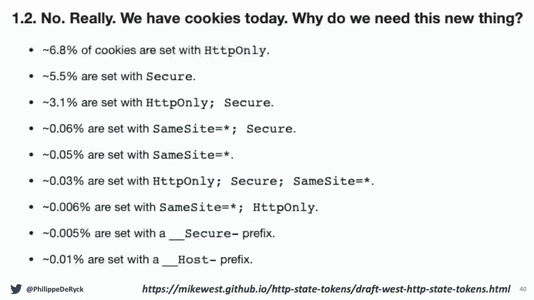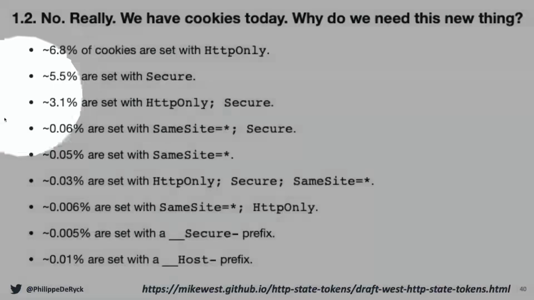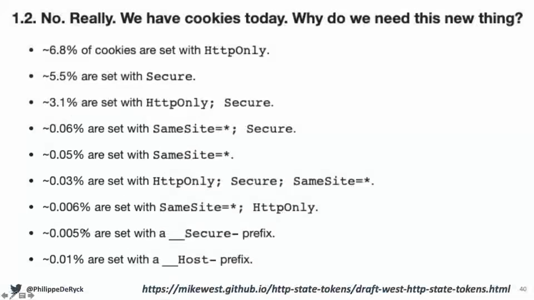Here's some data from Google telemetry. I'm going to say what it is. It's really depressing. This is not good. So today, if you look at HTTPS data, we have 70% of page loads happening over HTTPS, meaning that all of the cookies on those requests should be marked as secure. And we're barely at 10%. That is depressing. This is not good. Prefixes have been available for about 2 years. We're in the triple digits here, behind the comma. This is actually not a very good place to be in.